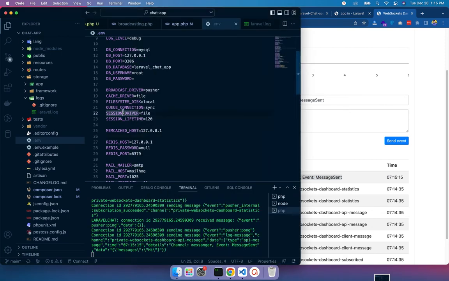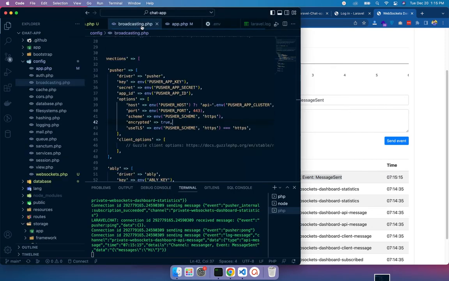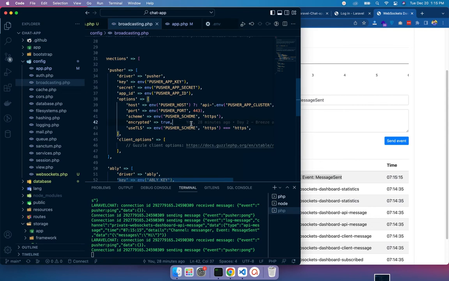Okay, so that sounds cool. And one configuration we have left is encrypted equal to true. This will actually work on live servers, because on localhost we have not encrypted. So we can uncomment this.